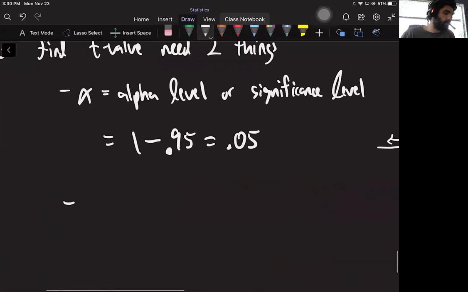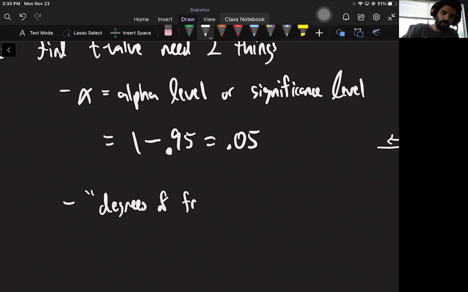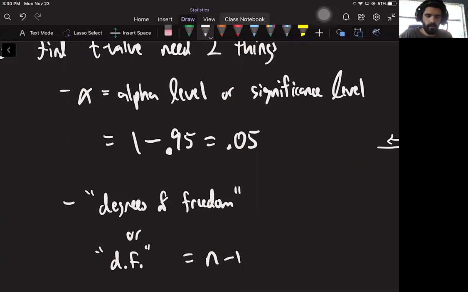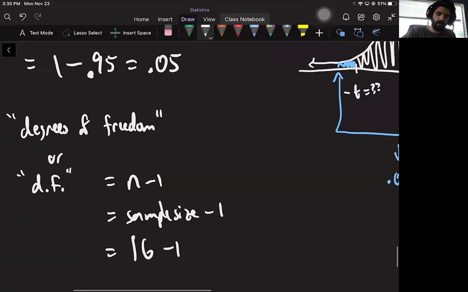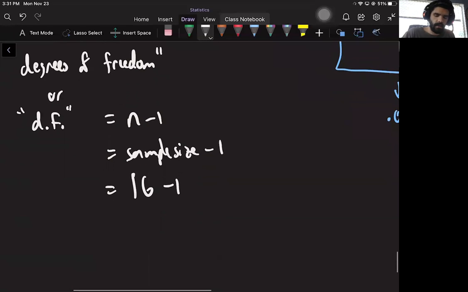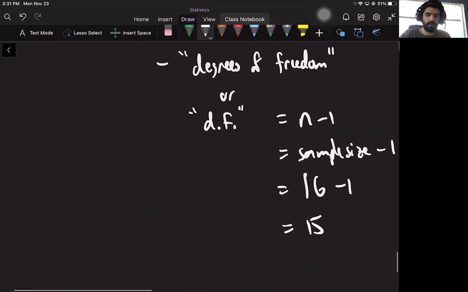Okay, and then the other thing you need is something called the degrees of freedom. Another extraneous term that stats people have created, or they just call it DF very often. And all it is, is the sample size minus 1. Why do they have to name it something? I don't know. You just do the sample size minus 1. But it has a fancy name. So in this case, the sample was 16. There were 16 things in that initial sample that I wrote down. So it's 15. It's the same number that you're going to be using if you did calculate the standard deviation